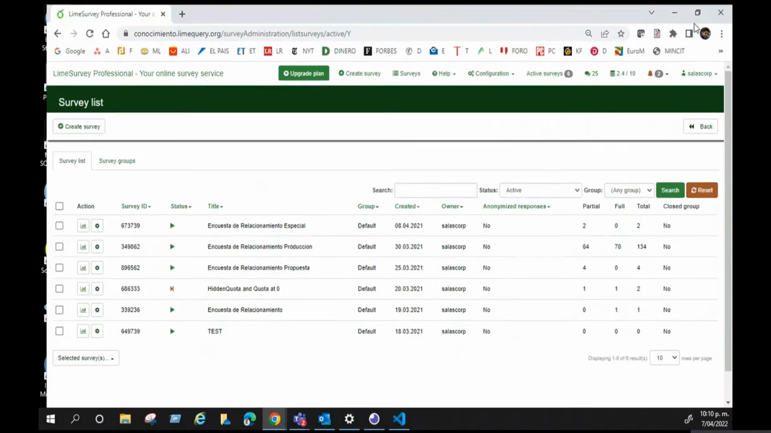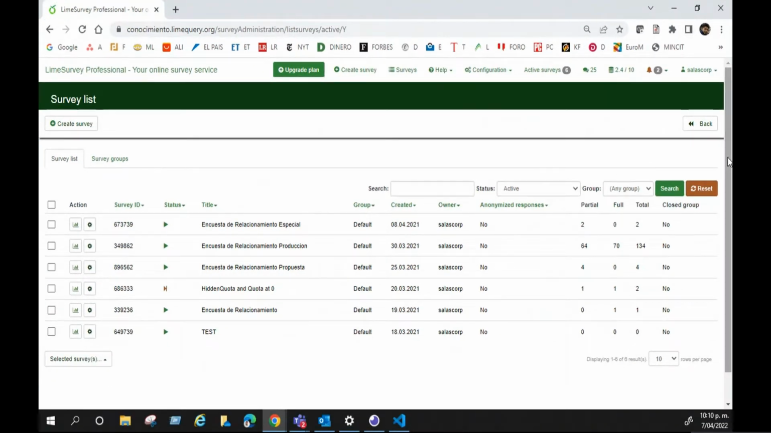Here is my account in LimeSurvey, and I'm going to edit the global settings for this part. It's necessary